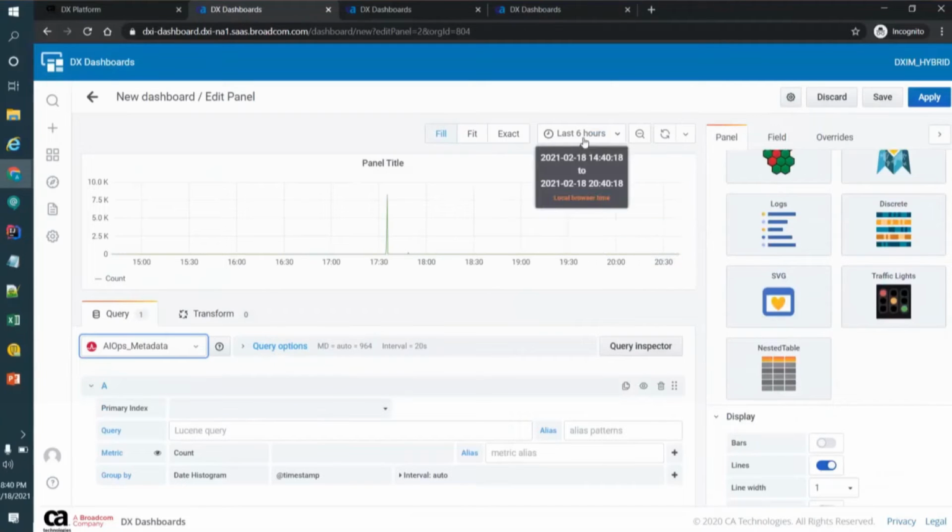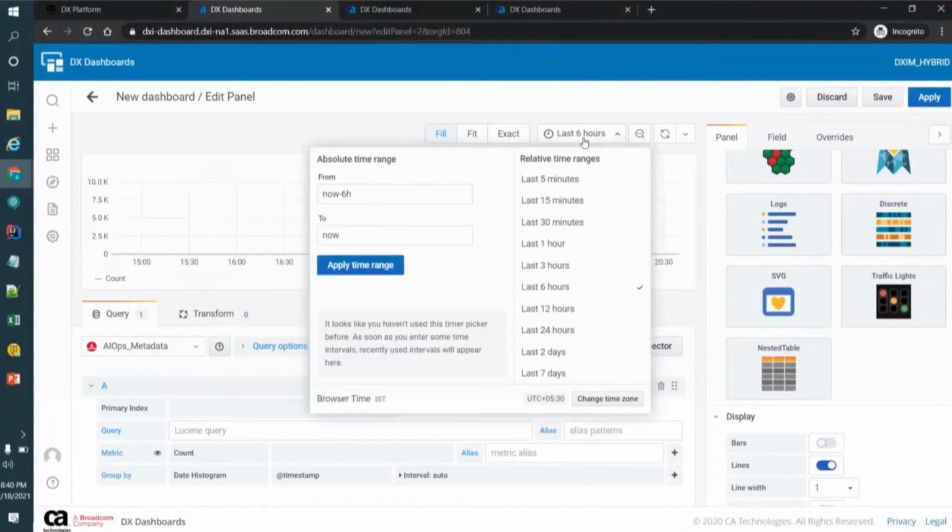And one other addition is the ability to override the time zone. If you say last 6 hours, it takes your browser time and goes for the last 6 hours. Instead of that, you can override the time zone here. One benefit of this is that you can specify the local time zone of the service or system that you are monitoring. So if your service or system operates across several time zones, based on the time zone, you can view how it is operating in IST or PST. You can use this option here.